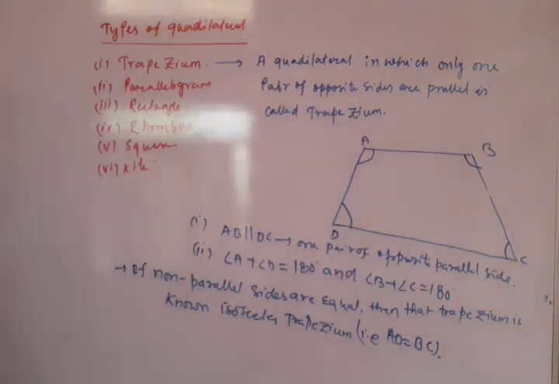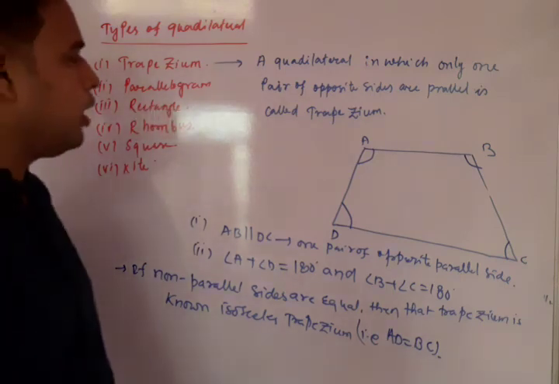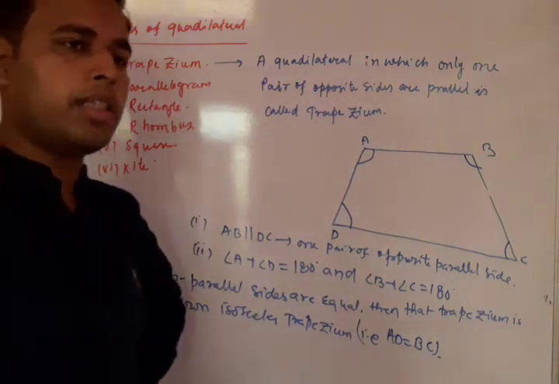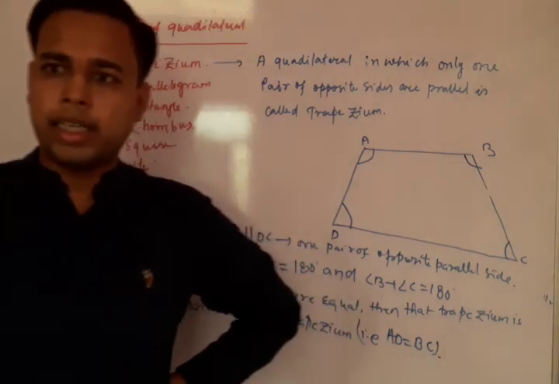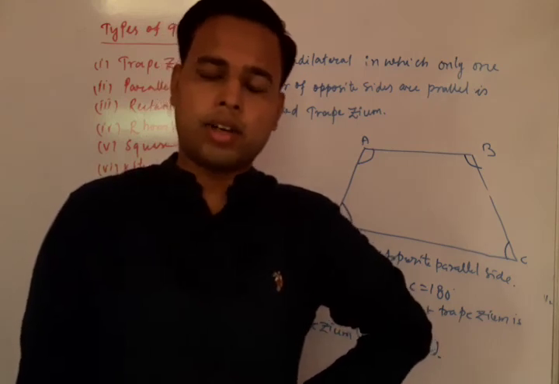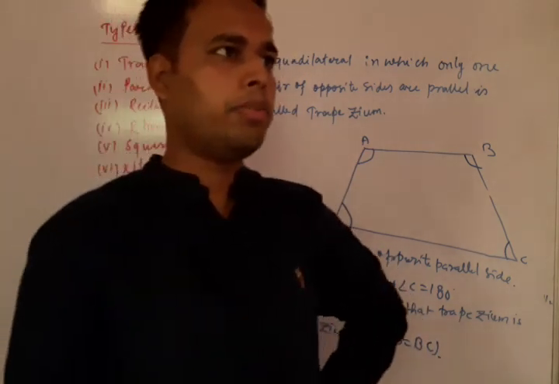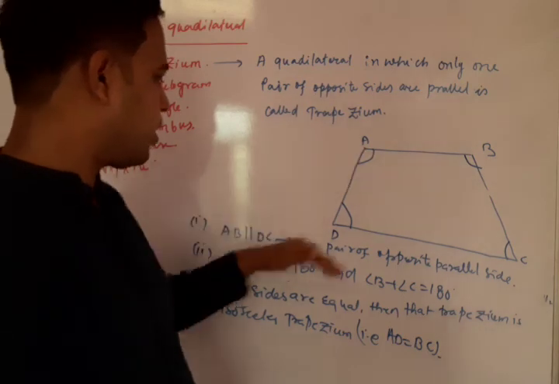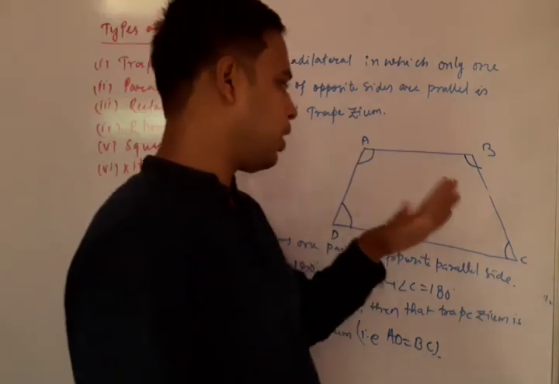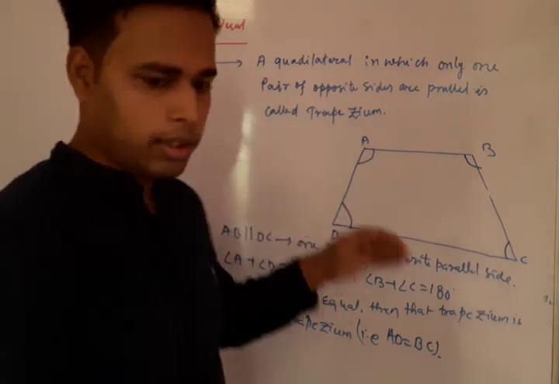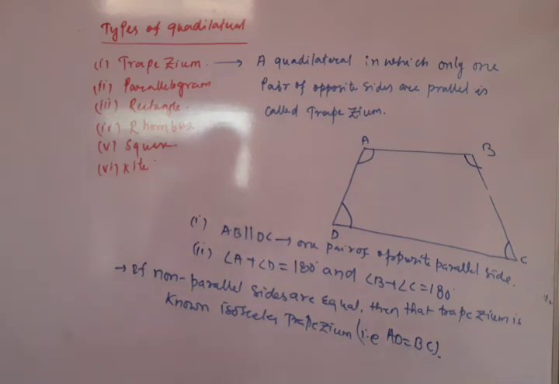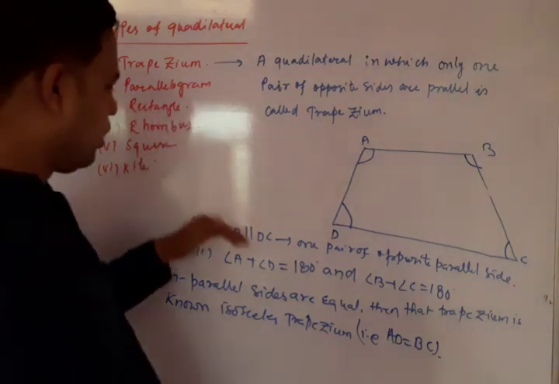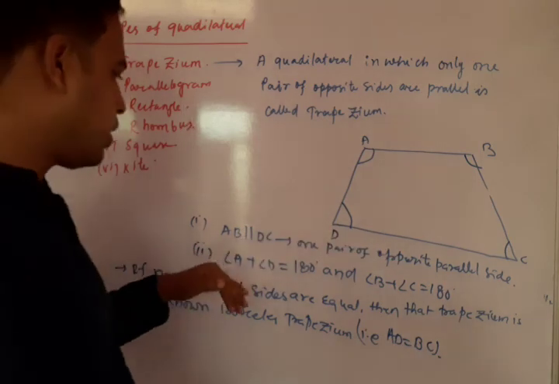So see, first we have to discuss trapezium. A quadrilateral in which only one pair of opposite sides is parallel is called a trapezium. Which quadrilateral will be a trapezium? The quadrilateral which has one pair of parallel sides. How many pairs? Only one pair of parallel sides. This figure is ABCD. Here AB is parallel to DC, one pair of opposite parallel sides, and angle A plus angle D...